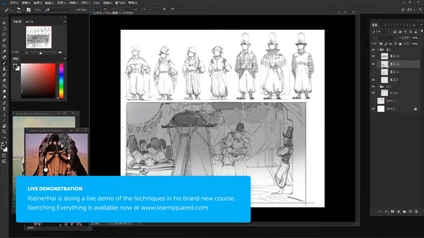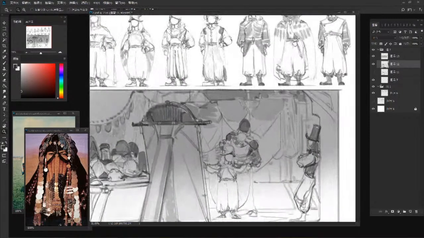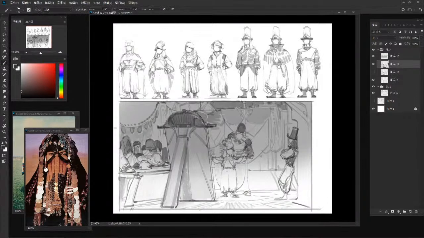Mai has a question in here saying, I saw in the video about doing general shapes first and then adding details later. How do you see where you need to add more details and where you need to not add more details in order to make sure that the piece is not overly detailed? That's a really good question, Mai. Mai, you've been killing it with the questions. These are great questions on today's show. Everybody's asking great questions, but Mai, you get the great question badge on today's show because you have asked a lot of really great ones. So I can answer that one.